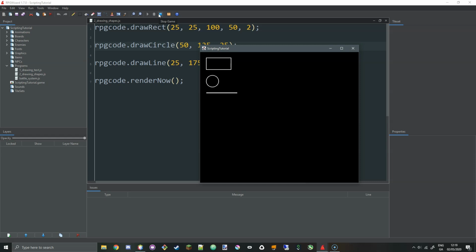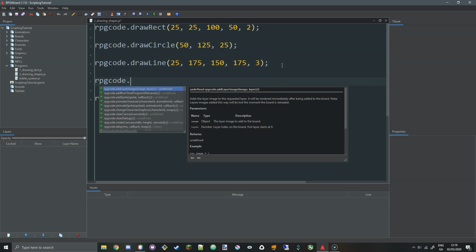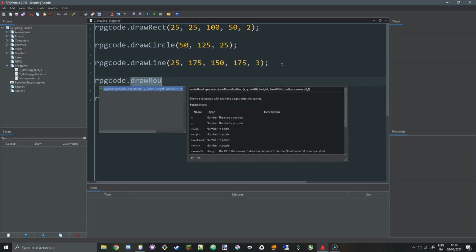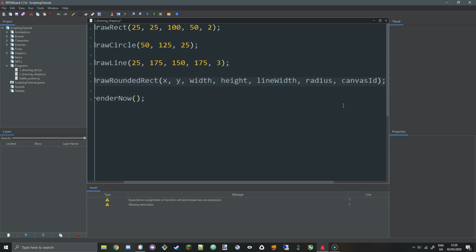It's called a rounded rectangle. Basically, a rounded rectangle can curve the corners of the rectangle to make them more rounded in appearance. So I'll quickly show you that too. That's under rpgcode.drawRoundedRectangle. And it's pretty similar to drawing a rectangle, apart from it has an extra parameter, which is the radius of the corners. So if I just double click that, remove the canvas ID,